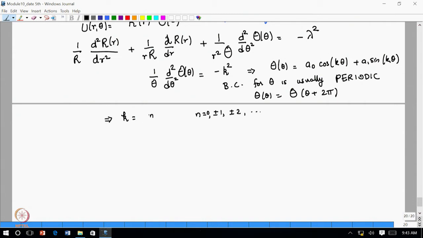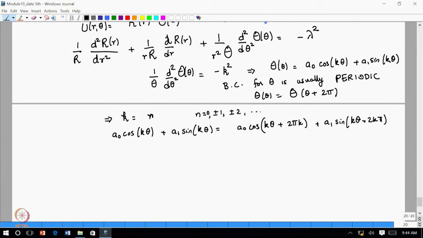So, it has to be equal to n, where n equals 0, plus or minus 1, plus or minus 2, etc. So, k has to be an integer, because you can see this when you apply this boundary condition, you will get a_0 cosine of k theta plus a_1 sine of k theta is equal to a_0 cosine of, now you will get k theta plus, if you replace theta by theta plus 2 pi, 2 pi k, and plus a_1 sine of k theta plus 2 pi k,